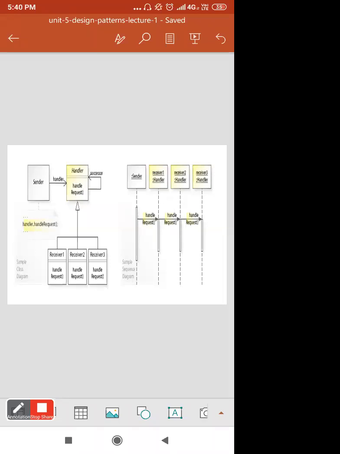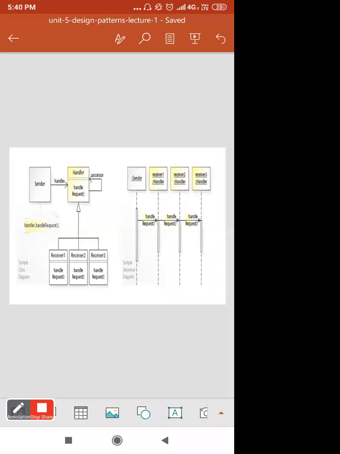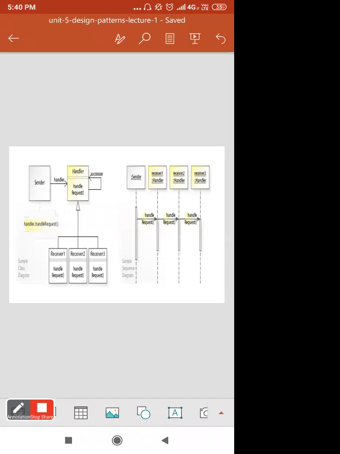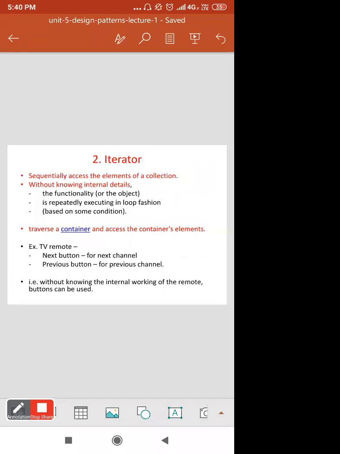Here on the left side is the class diagram and the sequence diagram at the right side. The same concept with different UML diagrams is given in this presentation.